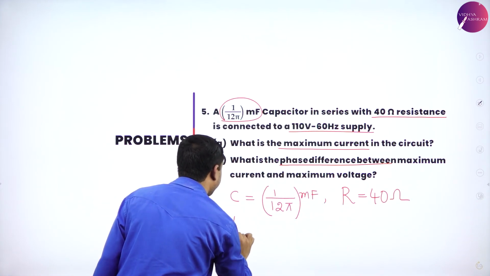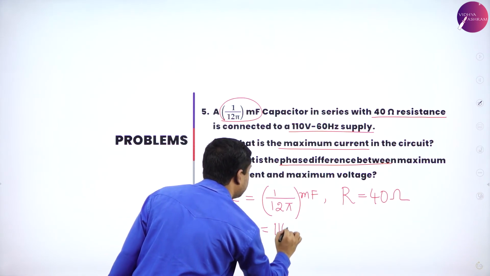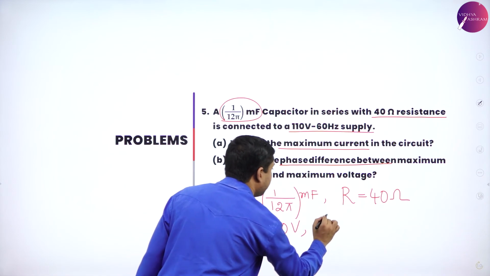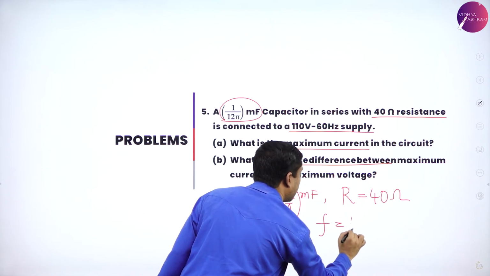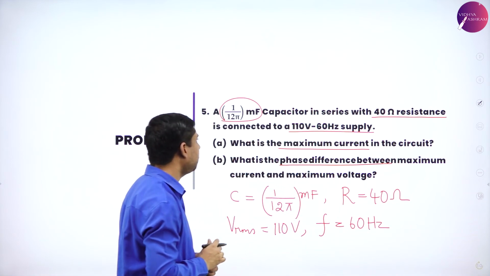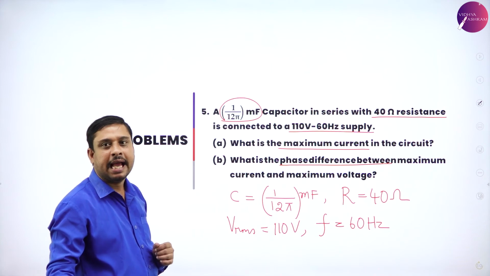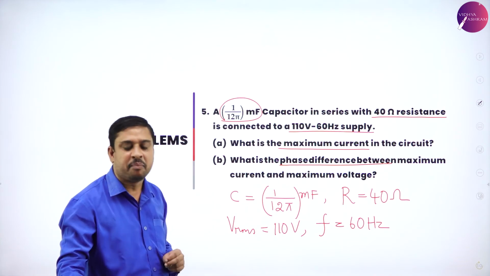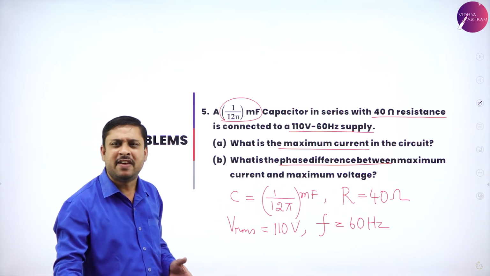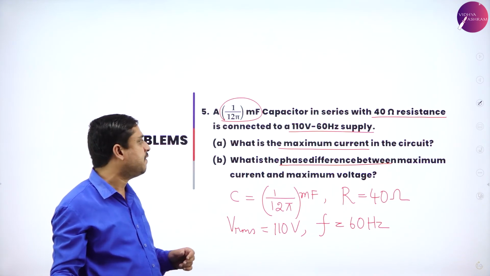We have VRMS of 110 volts, frequency of 60 hertz. Now this is not simply current. I want maximum current, for which again, as I have done in all my previous problems,